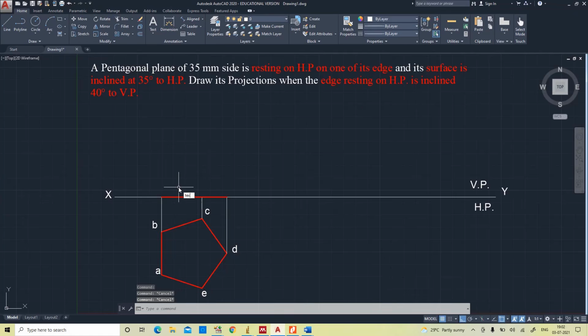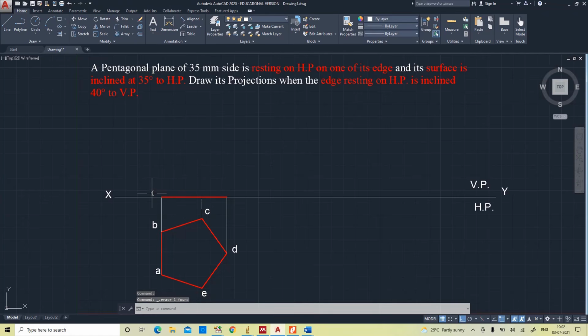We'll give the notations. As you know that when you observe from front, A is visible, B is invisible.